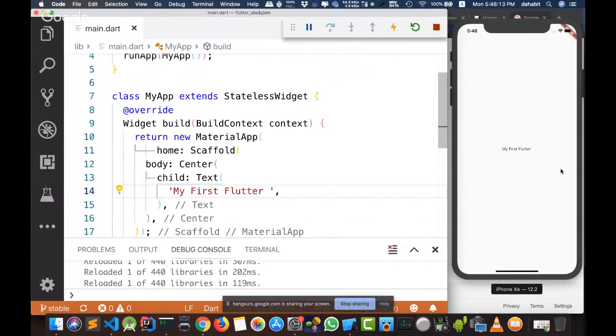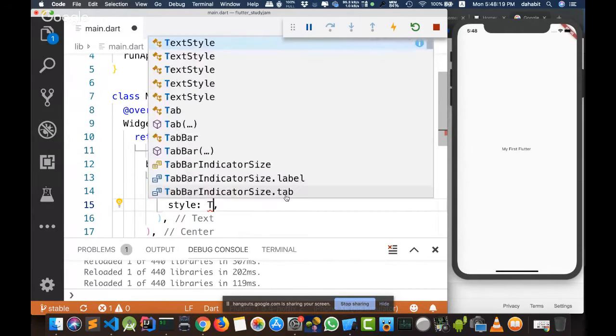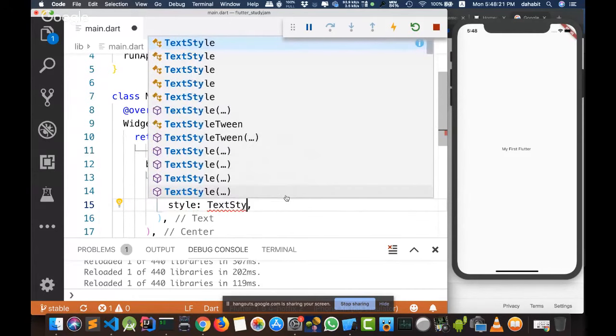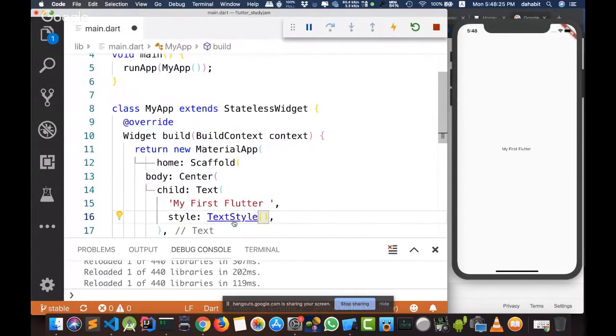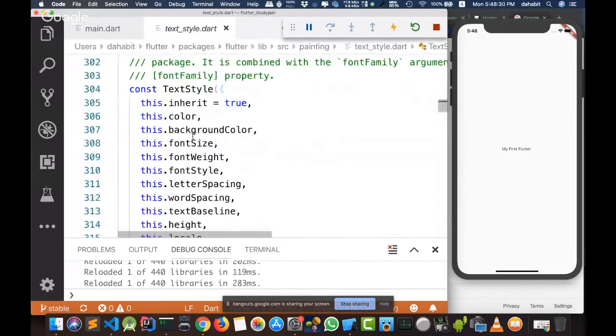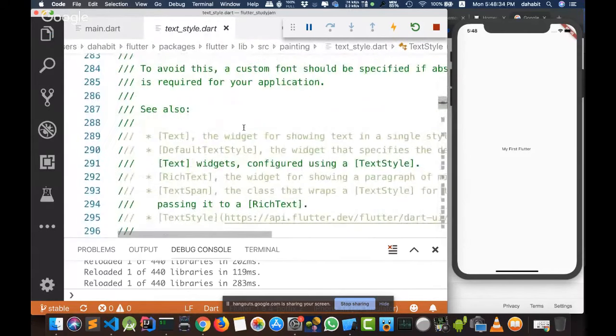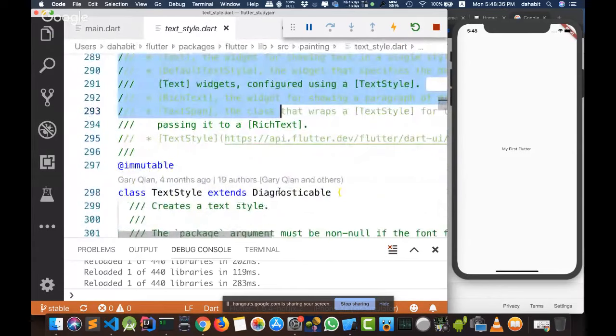So if I ask why I can't see the app bar here? I am only seeing the same application, my text, and even if I want to change my text style, I write text style. And also I don't want you to memorize anything, just press Command or Control and go to the definition of this class, and you can see all properties related to this class, and you will find great documentation here.